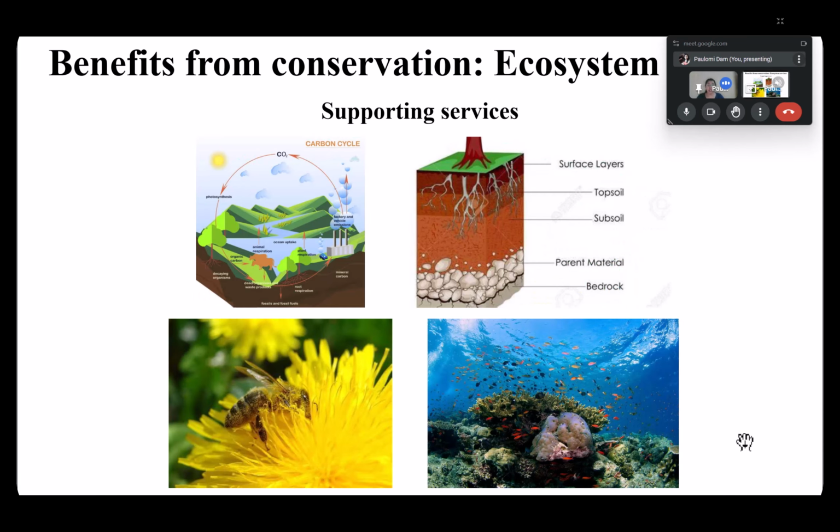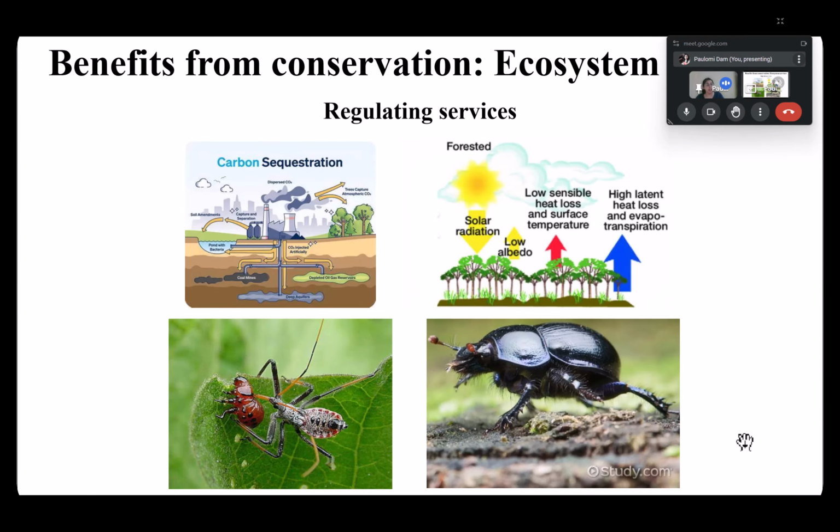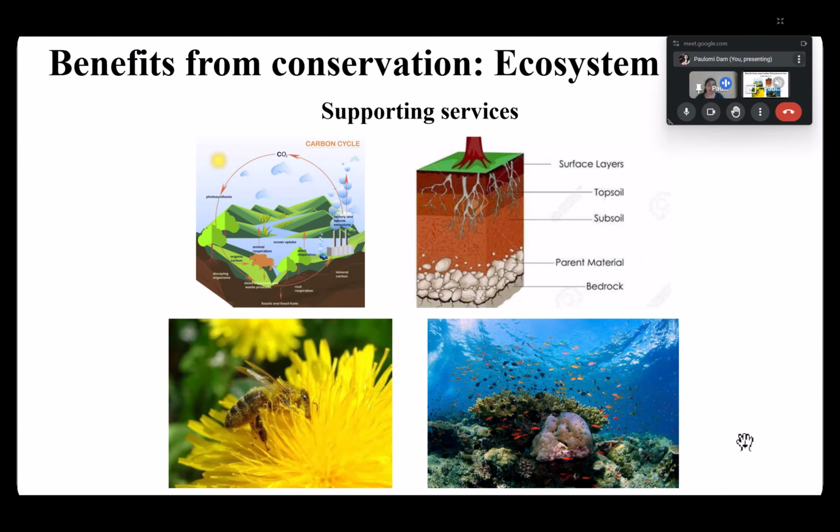But that's not all. You have many supporting services. These are also very important for humans, but you also have some other features which are not directly influencing humans, but are very important. For example, supporting services are like soil formation, that we have discussed in the previous lesson. You have nutrient cycling, which is again very important. You have pollination, which gives rise to all the different kinds of flowers and plants that you see around you, and those flowers have their own importance.